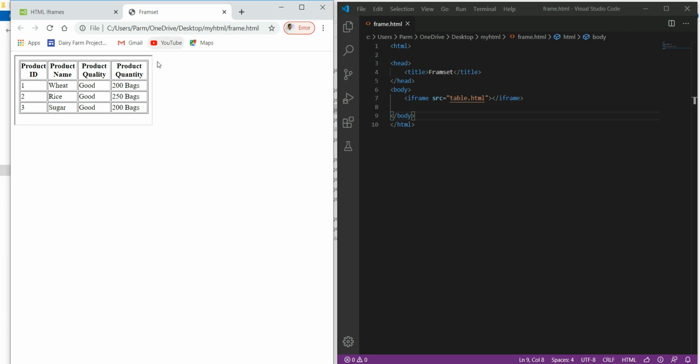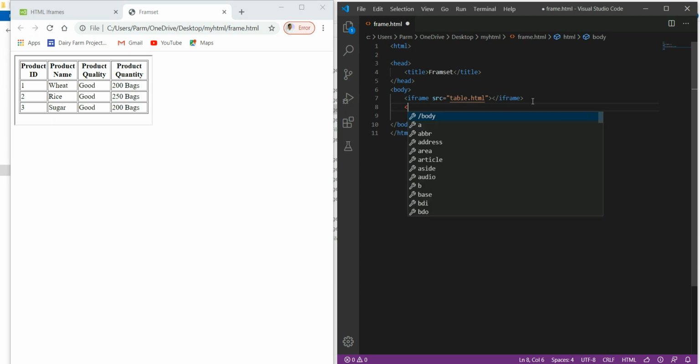Here is the frame created. This is the border of the frame that we have created, and this was the table file that we have already created in the previous lessons. Now we just create another frame over here, say iframe. Here we give source as another file name, that is my